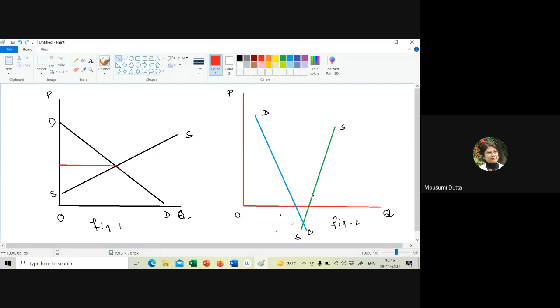Negative price does not exist in the real world. So there is no positive price here at which the market will be cleared. Okay, so in this context, equilibrium does not exist, whereas in this context, equilibrium exists. Okay, so in the second context,